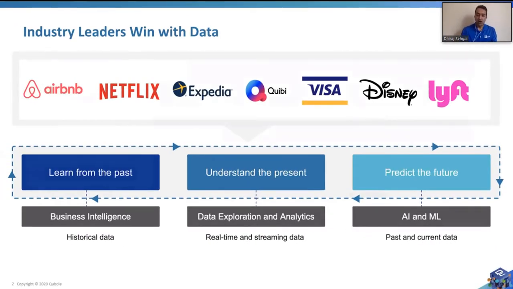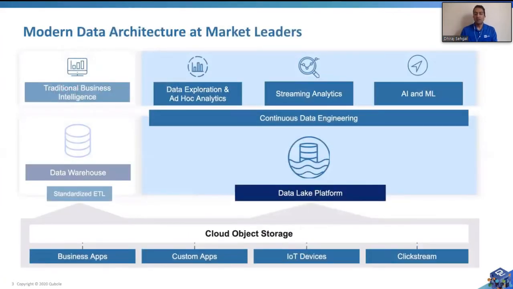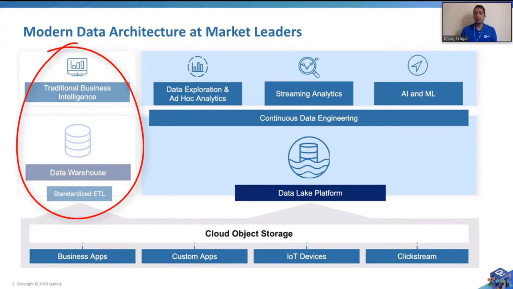As they move on, what we see is they are using a modern data architecture to do all these three things. When you look at the modern data architecture, they are using a data warehouse with a standardized ETL concept for their traditional business intelligence. This has always been there and it will remain there, and it has a role to play. What we have seen change there, which is beneficial to all the enterprises, is a secular trend of moving the data warehouse towards the cloud to get the benefits of the cloud with respect to data